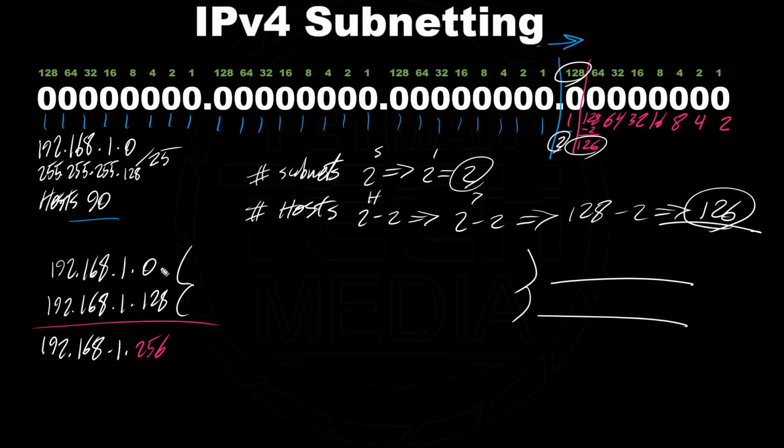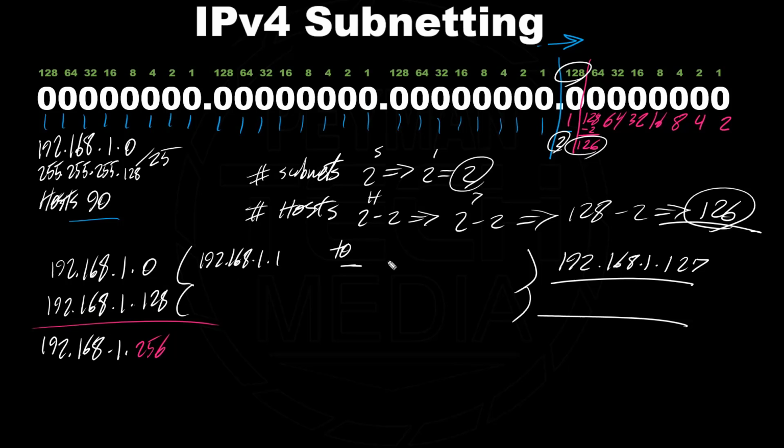For the first subnet, what is the broadcast? Always broadcast is 1 less IP address than the next subnet. So if the next subnet is 1.128, 1 less IP address would be 1.127. So the broadcast address for this subnet would be 192.168.1.127. And the range, the first available IP address,